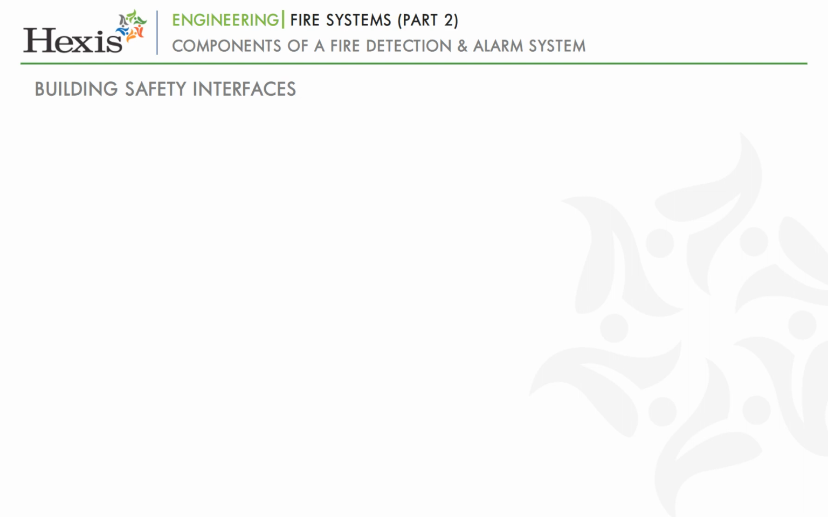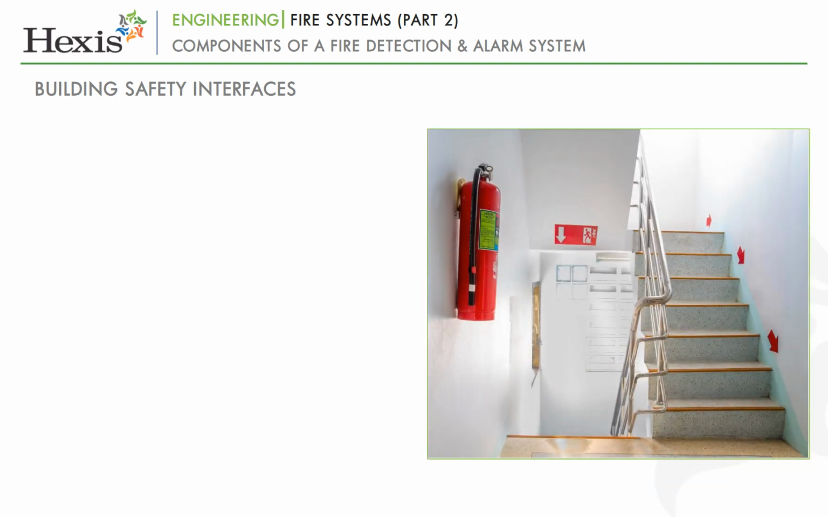Now let's see what the building safety interfaces are. The fire alarm system can be integrated with other building systems to enhance safety of the evacuating occupants as well as prevent the fire from spreading into the other areas. Other output functions may include the following: